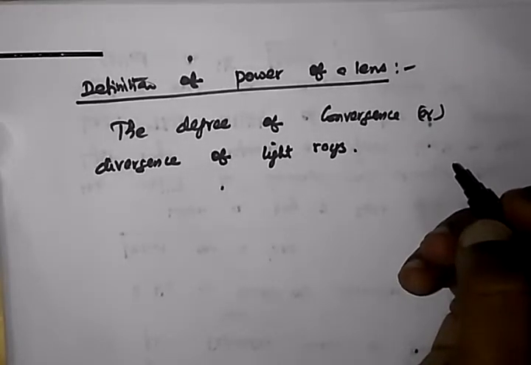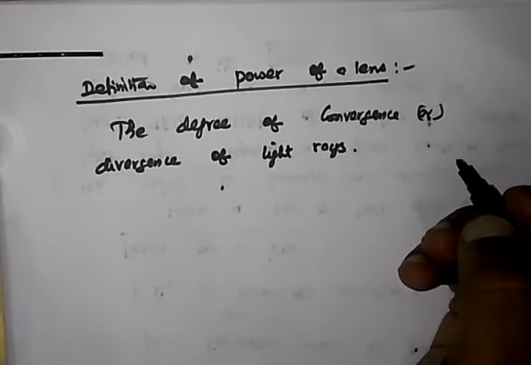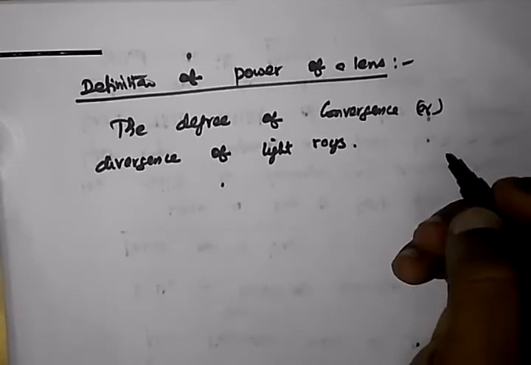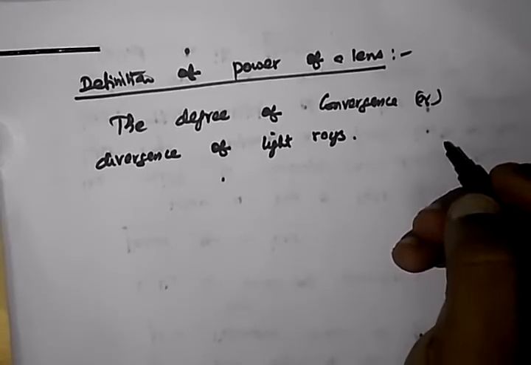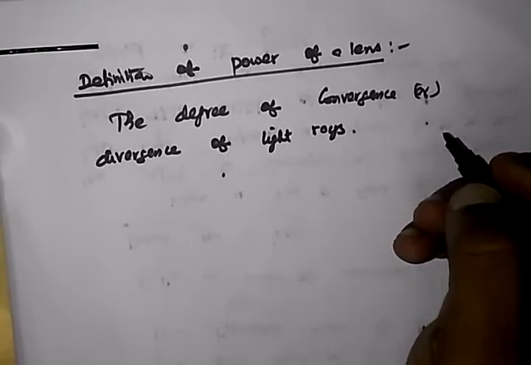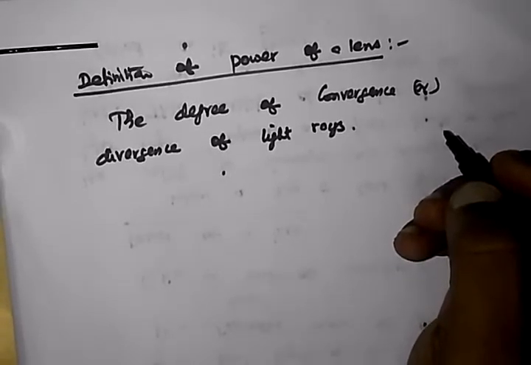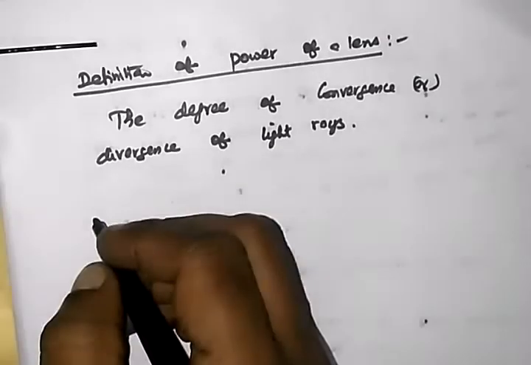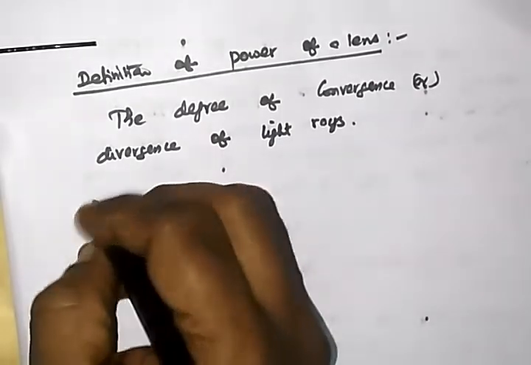How can we define it numerically? So power of a lens is numerically defined as